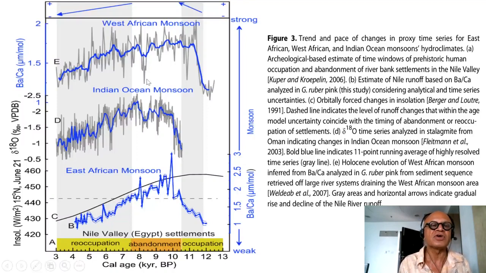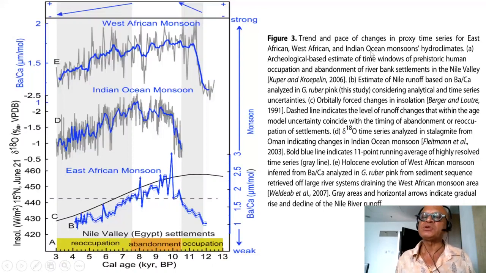Finally, here we are looking at the same thing, but now adding a little bit of details here in terms of the Nile Valley Egypt settlements. So occupation happens during wet periods, but when transition happens with abrupt climate change, abandonment happens, and then reoccupation happened here. So you can see that the relations with rainfalls are not that immediate and not that direct. So this again raises the issue of collapse.